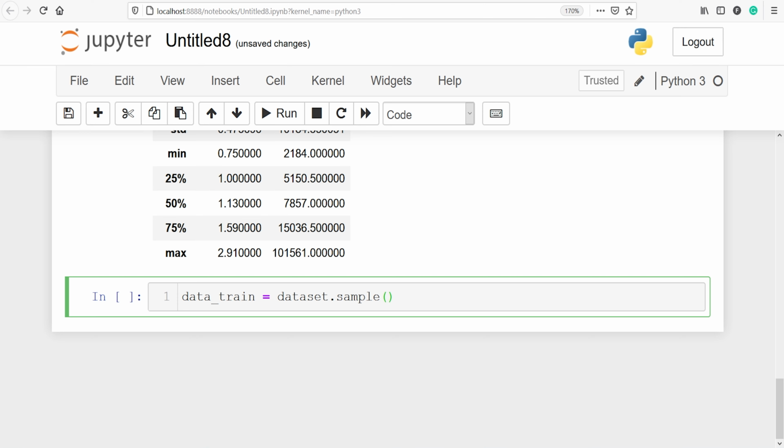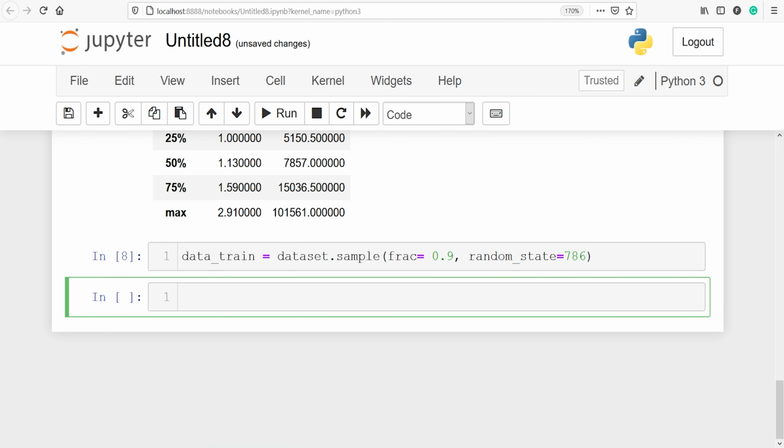We want 90% for our training. I'll pass one parameter, frac, and this is going to be 0.9 because we want 90% for our training. Then I will pass one more parameter, random_state. You can put any number here, and on the PyCaret website it is given as 786, so I'll write 786 here.